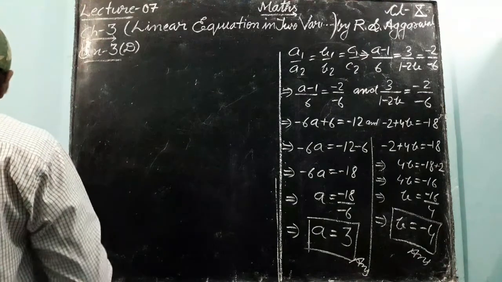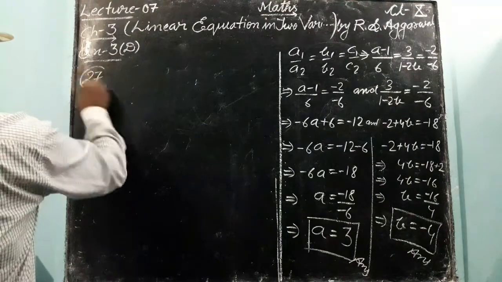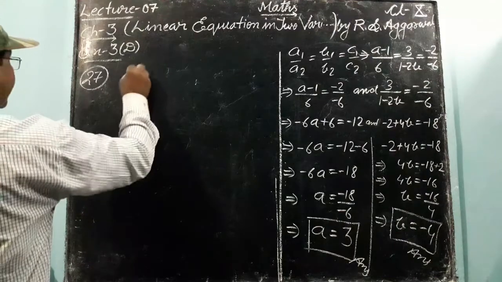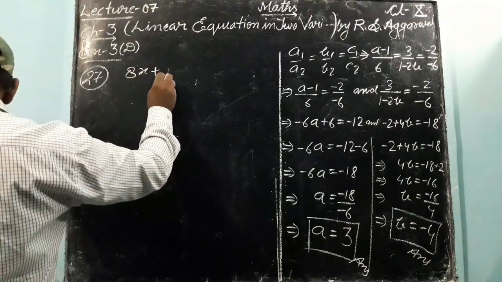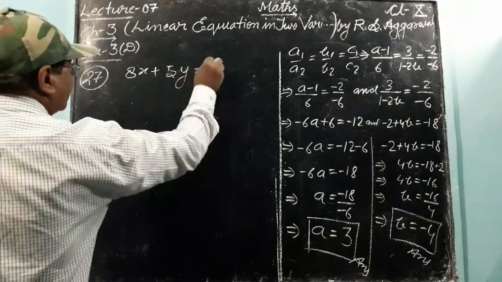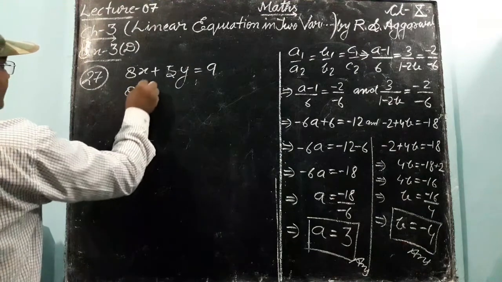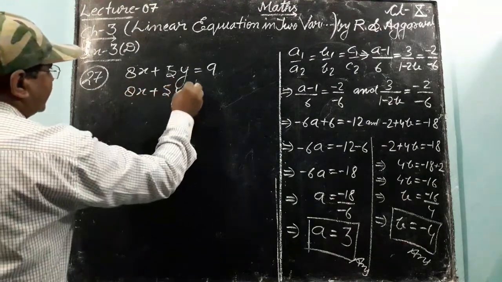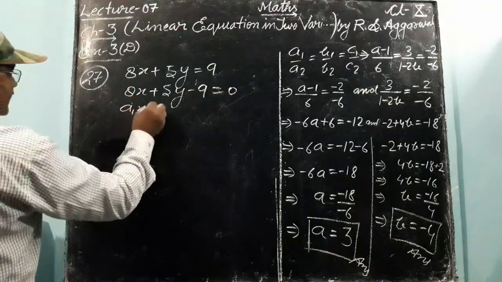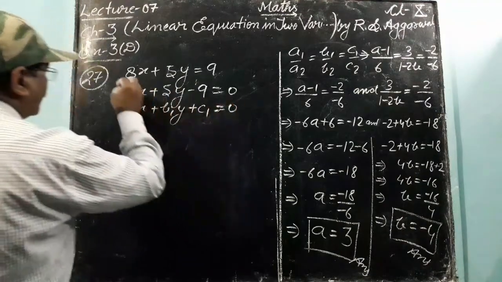Then the question number 27. 8x plus 5y is equal to 9. Transpose there, it will be 8x plus 5y minus 9 is equal to 0. That is in the form of a1x plus b1y plus c1 is equal to 0. Okay students,